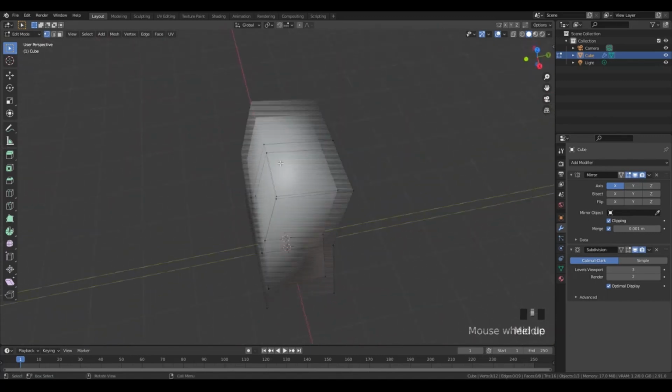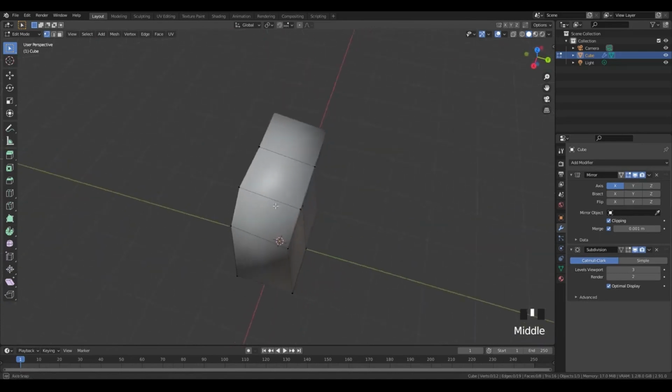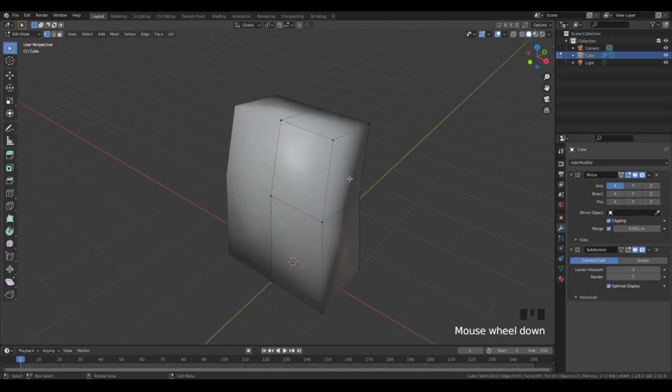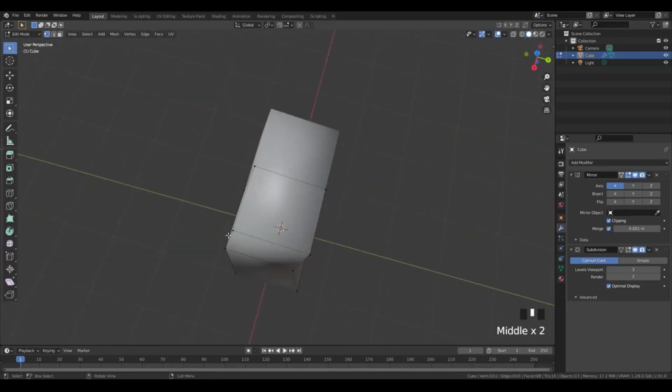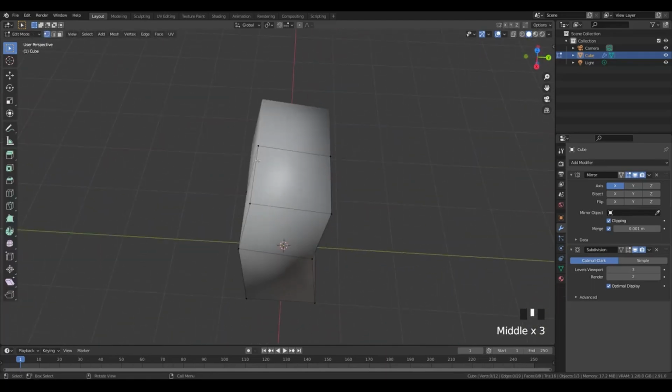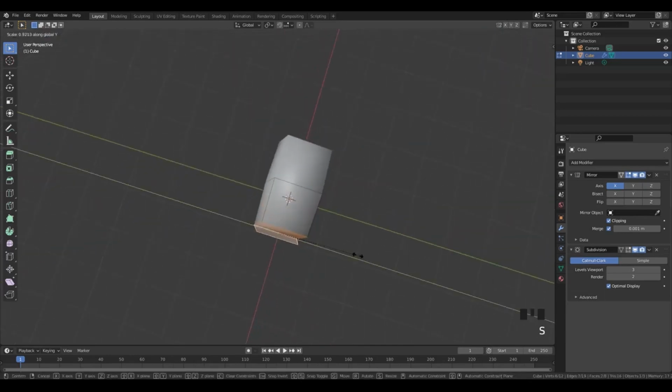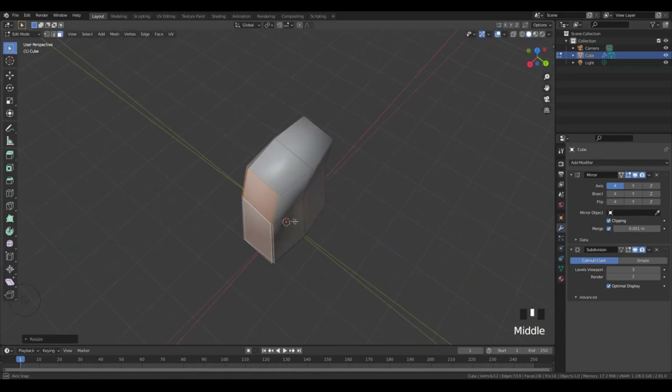This is much better and I really advise doing so. But as soon as I press tab and go back in object mode, as you can see, I'm going to see the results. So this is something that I will do a lot in order to check the result. But it will be better to see the real topology here. So now we can go in face mode, select the sides, and we can scale a bit the side to taper